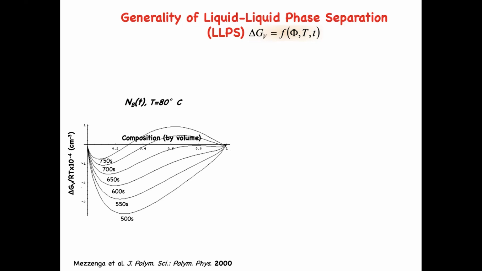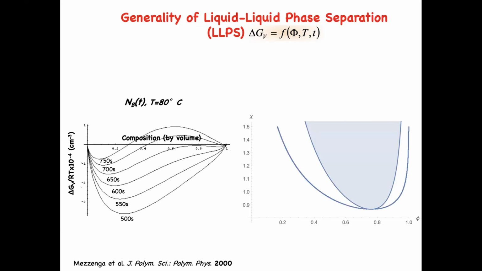But that's fine. So what I'm showing you is just that with a number of different parameters, the shape of the free energy can change, and from this you can calculate the phase diagram. We all know how to do that, right? You have to look at the points where you have equal chemical potential. This gives you the binodal line. The inflection point gives you the spinodal line. You just have to do that for every temperature and so on.